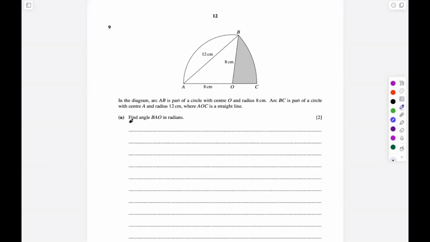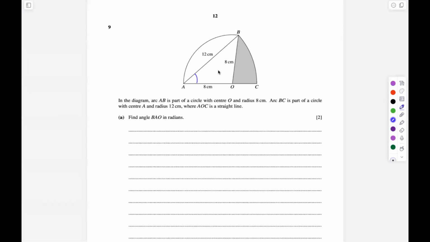In question 9, in the diagram, arc AB is part of a circle with center O and radius 8. Arc BC is a part of a circle with center A and radius 12, where AOC is a straight line. In part A, we have to find angle BAO. Now, to find angle BAO, we have a triangle BAO where all the three lengths are given, so we can